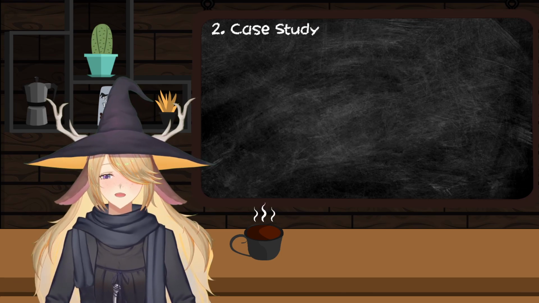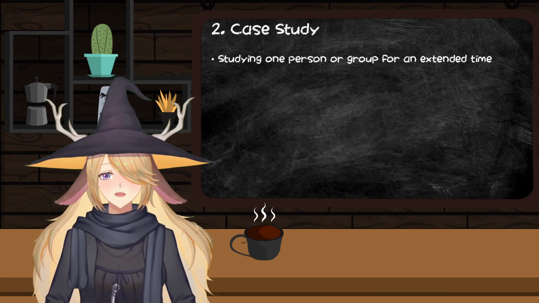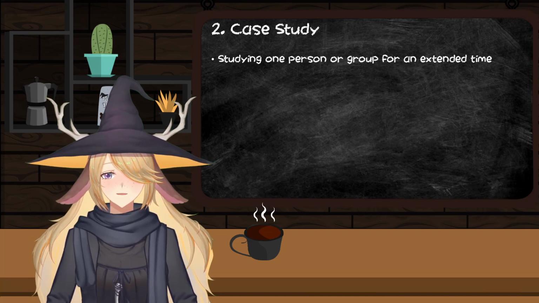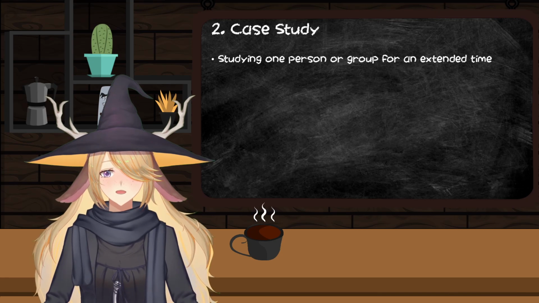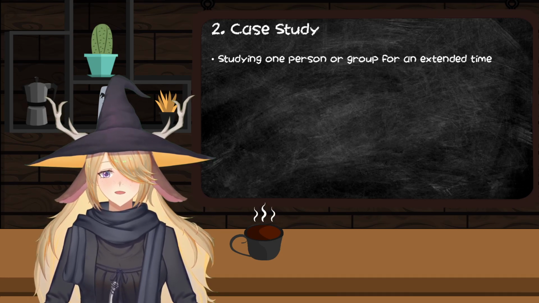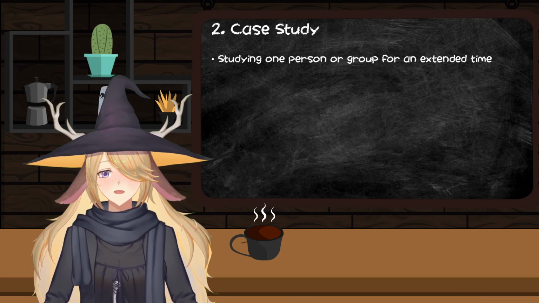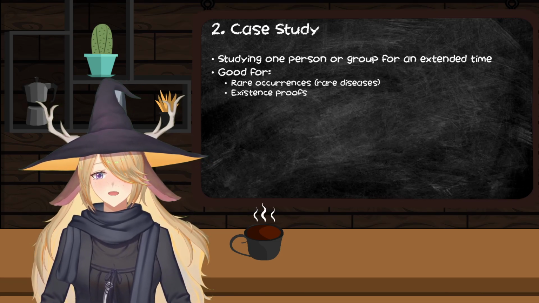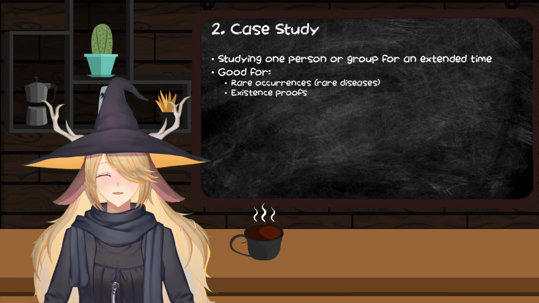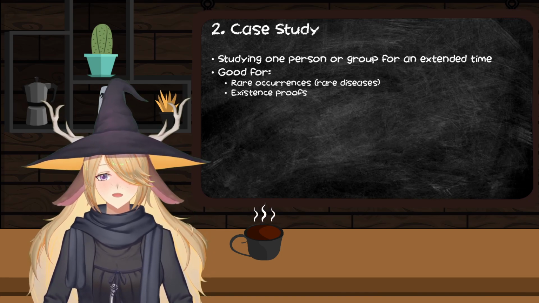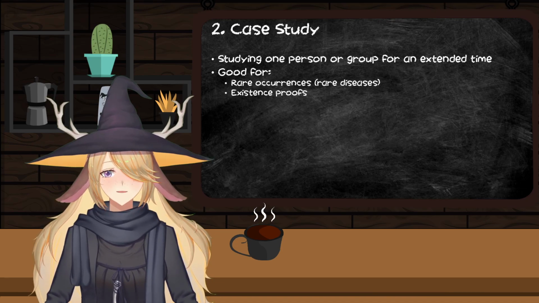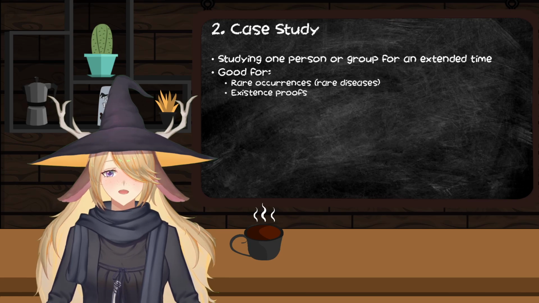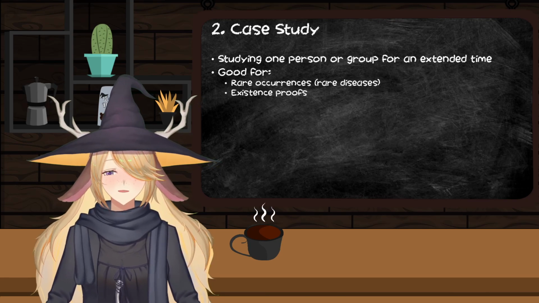Anyway, so moving on, case studies. What is a case study? If naturalistic observation is looking at people in a natural environment, case studies are looking very intently at one person or a group of people for an extended period of time. So why would you do this? Well, in some cases, there can be extremely rare occurrences where you cannot find a sufficient number of people to naturalistically observe, or it's so spectacular.